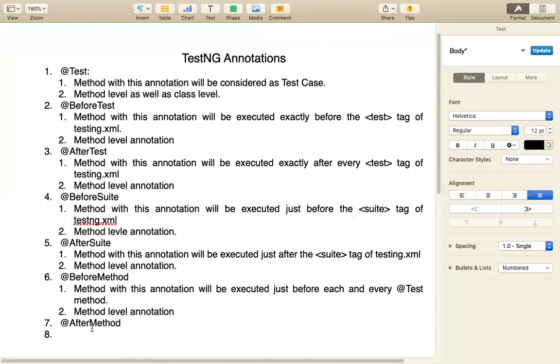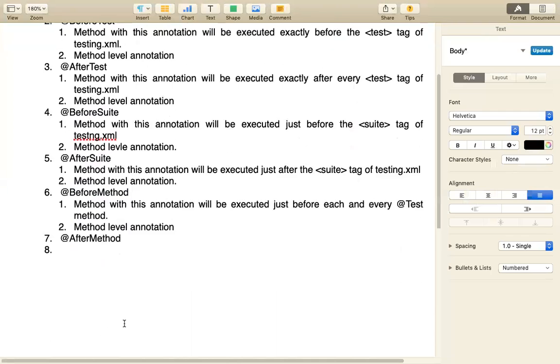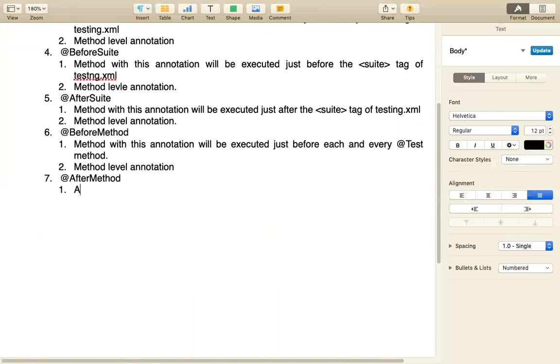Okay, so next annotation, let me write down about this method first. After method, description about this. A method with this annotation will be executed just after each @Test annotated method. Okay, did you get that? It's very easy, not complicated at all. Okay, next annotation we have is